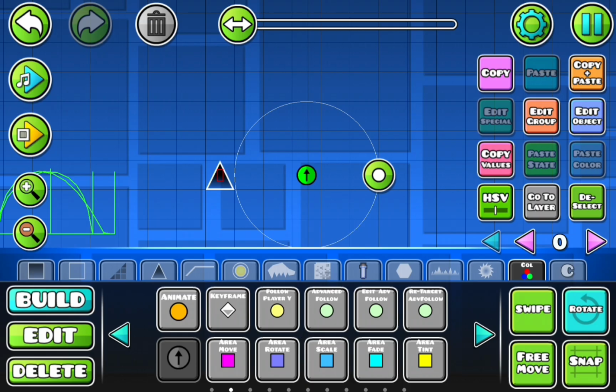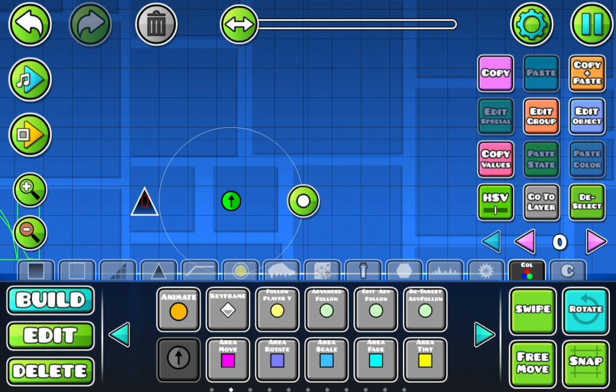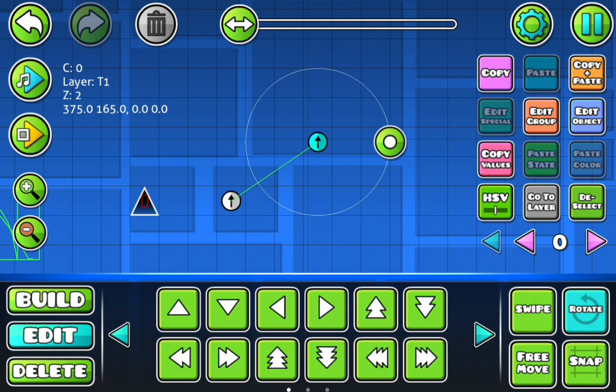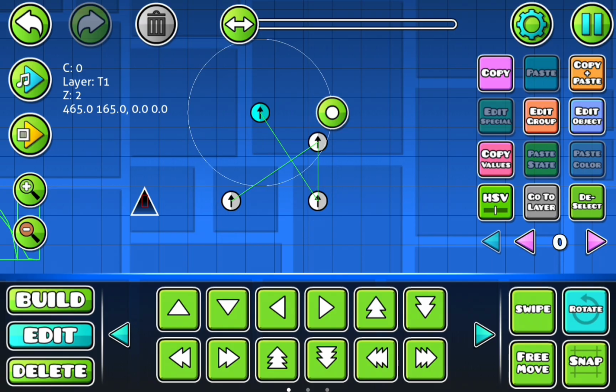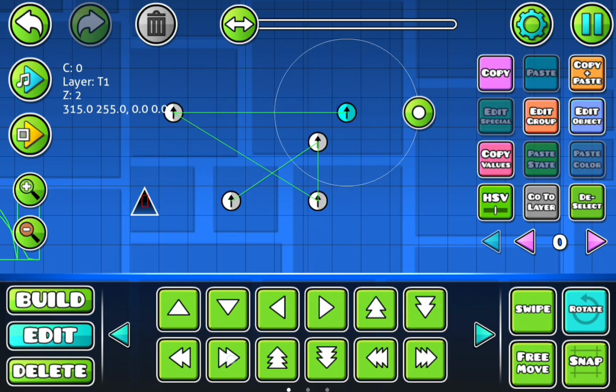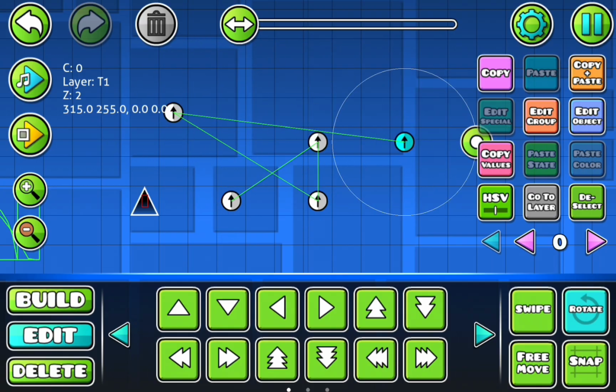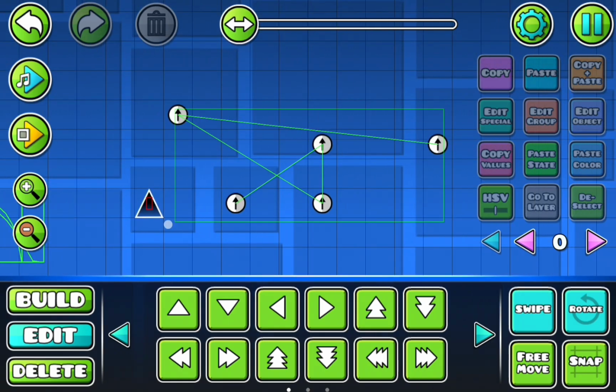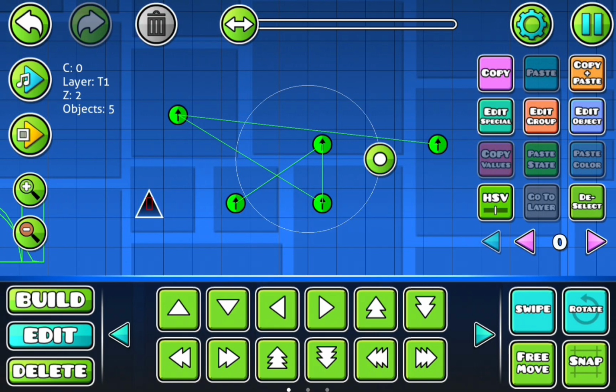Basically, what you want is you want to, first of all, copy paste it, then move your keyframes around. Right? Now you're going to want to hit all of these